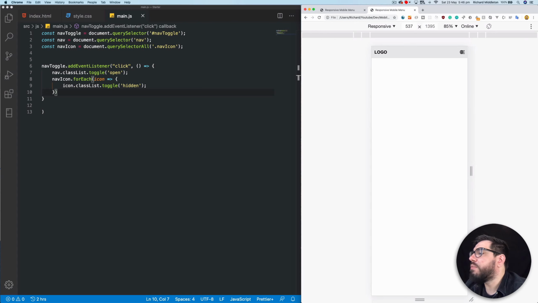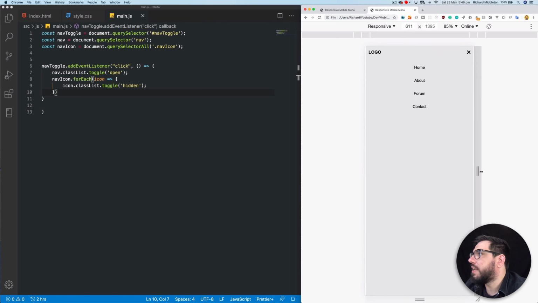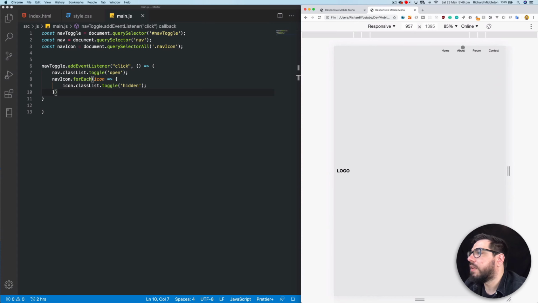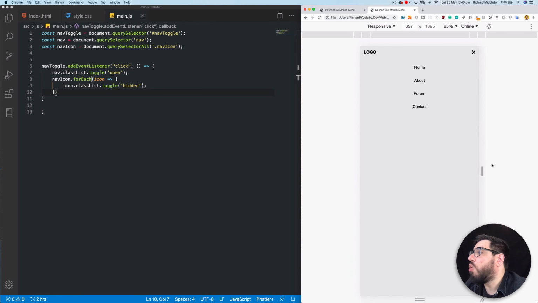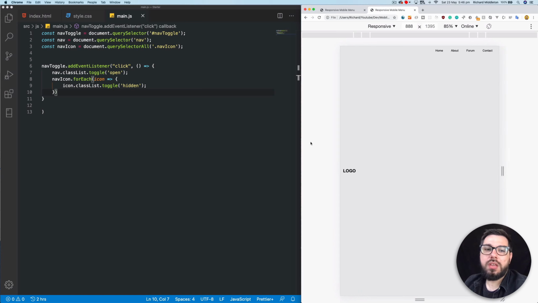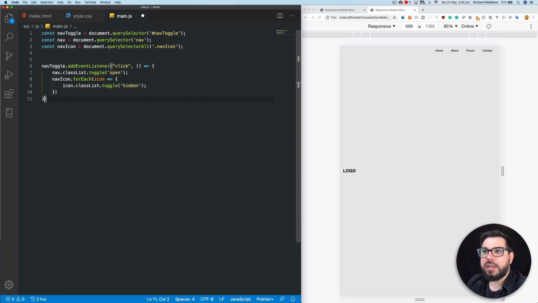But if I'm on a mobile and I'm just stretching the screen, I'm just in my browser, and I've left it open, I'm pulling from open back to desktop, that's the problem. If the menu was closed, like it is now, so I can close it and do that, it's fine. It's when the menu is open and I go back to desktop is the problem. So what we need to do is work with the window and add an event listener